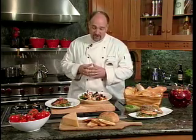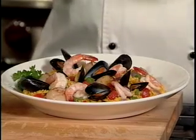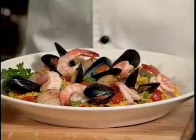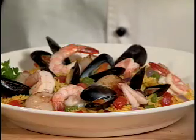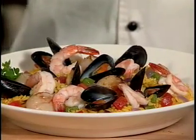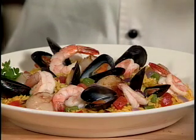One other dish that's great for a family meal during Lent is our seafood paella. Now paella traditionally has a lot of chicken in it, it has sausage in it, as well as all the seafood proteins. So we're being a little more seafood centric with this and taking some shrimp, some scallops, and some mussels, searing or sauteing those in a pot with a little bit of olive oil, some garlic, some red onion, tomato, and red peppers, getting some nice color on the scallops,